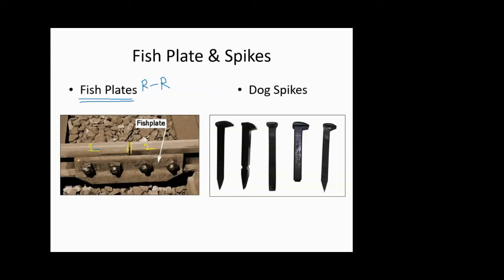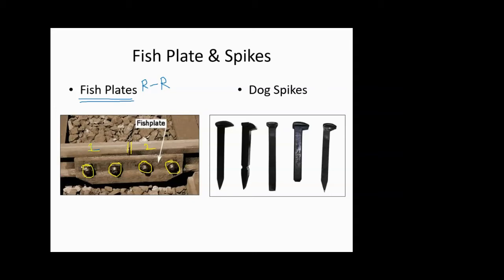Even if we say that the railway track is of continuous length, the rails themselves cannot be made of continuous length. You cannot have thousands of kilometers of rail without any end to it. So generally there are some lengths in which these rails are manufactured and in the same way they are placed. After placing, you need to join them to make the connectivity. The plate which joins these two rails is called the fish plate, and the nut and bolt assembly that you see are the fish bolts and nuts.